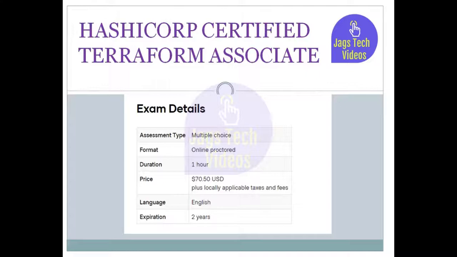They will ask you to give a 360-degree view of the room, and then ask you to show the ID proof. Once they are fine with it, they will ask you to share the complete desktop screen, so you will not be able to switch tabs. They will be always watching you until the exam gets completed. There are totally 57 questions and 60 minutes to answer, and the time should be more than enough. I think I covered all the things which I wanted to tell you before the exam.